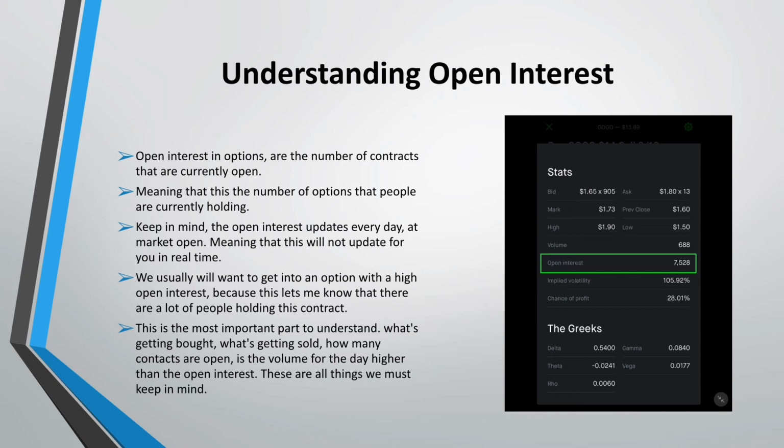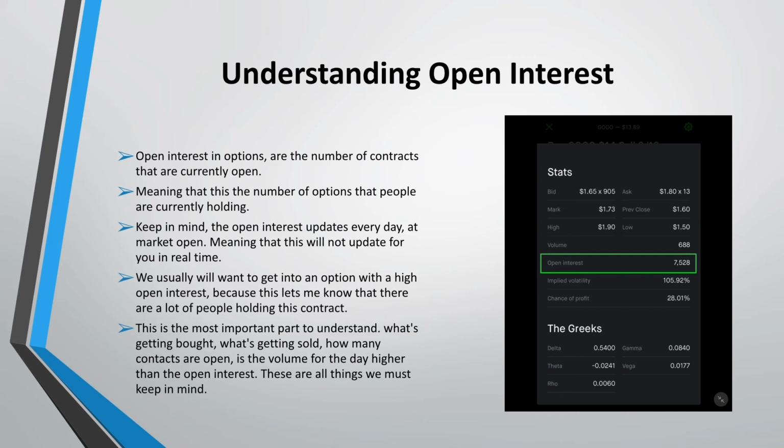Now, of course, it will add to or subtract from the open interest on the next day. So let's say, for example, on the right-hand side, the volume for today was 688 contracts, and all 688 contracts were actually opened and not closed, meaning people were buying them, or getting into a position with them, better said. That's going to add to the 7,500. So it's going to be 688 plus 7,500, whatever that is. Do the math.